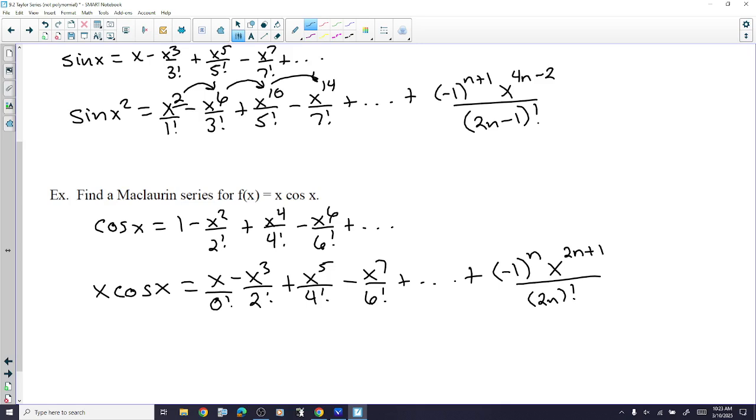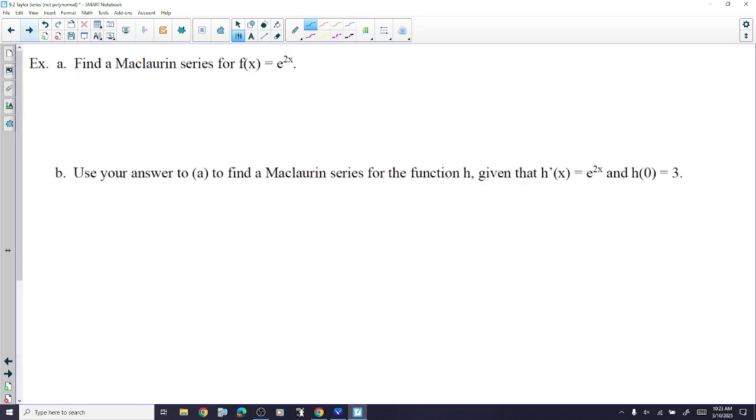Questions on these, on building the polynomials? Substitution and multiplication is what I did on these two. Find a Maclaurin series for e to the 2x. A Maclaurin, all right, well, e to the x